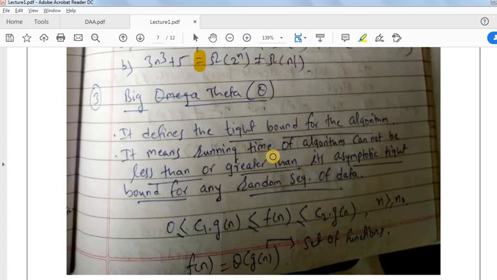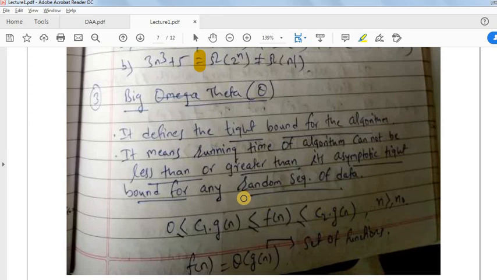Big O was giving us the upper limit, while big omega gives us the lower limit, and this big theta notation gives us equality. So you can observe the mathematical notation. In case of big theta notation, the running time of a particular algorithm will always be equal to, not less than, not greater than, it will always be equal to a particular